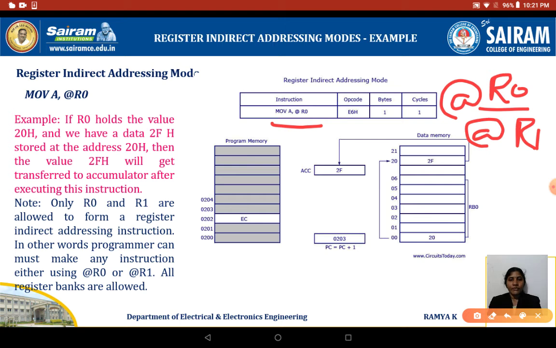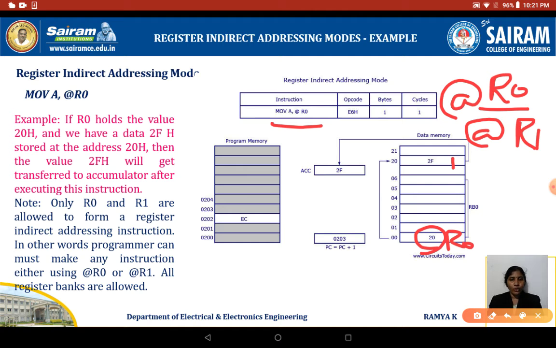For example, here I'm going to use R0 from bank 1. So what is the content available inside this R0? It is 20. So inside that address 20, whatever data is available will be moved on